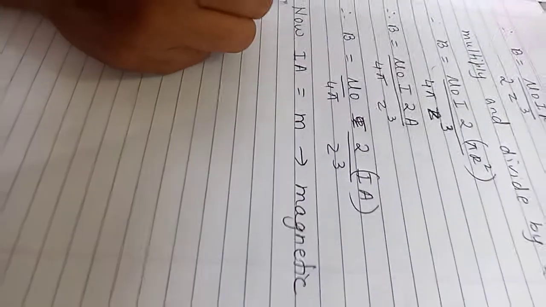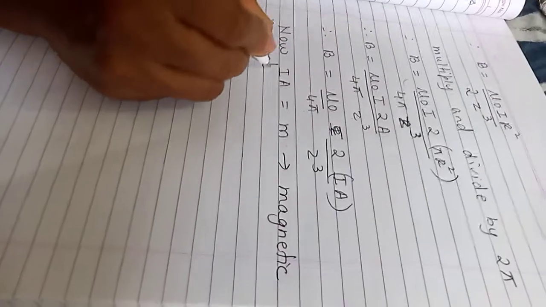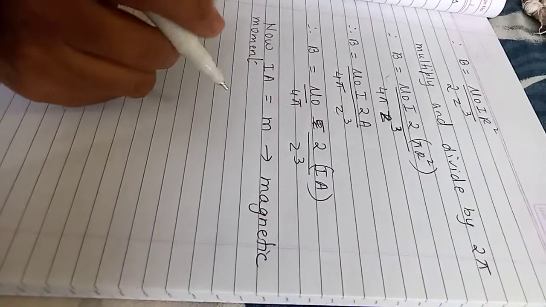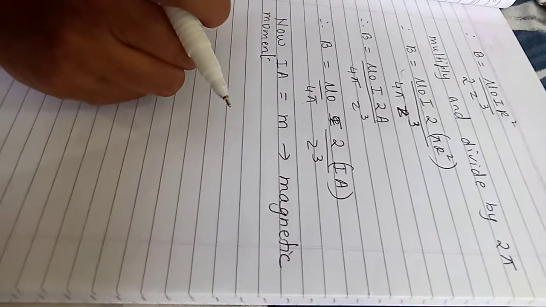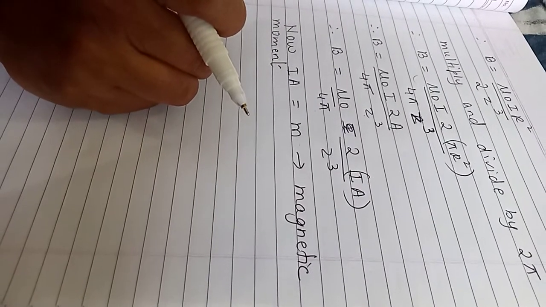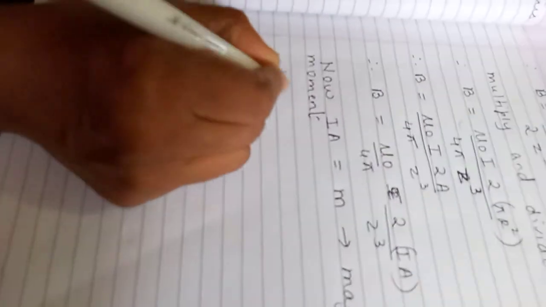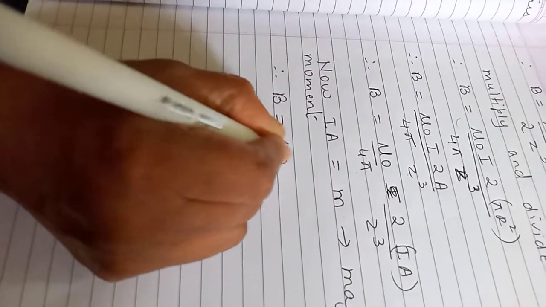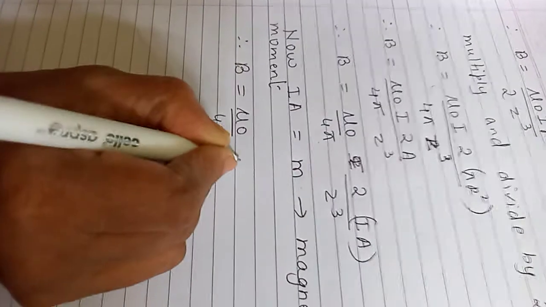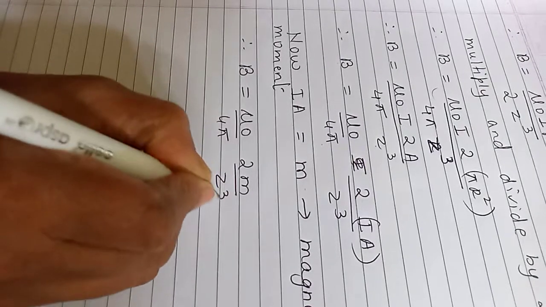You have learnt it in your 11th standard. Magnetic moment of the circular coil carrying current, because a circular coil behaves as a temporary magnet, with one end acting as a north pole and the other end acting as a south pole. That's it. Look here. So what will be the expression then? B is equal to mu naught upon 4 pi into 2 M divided by z cube.